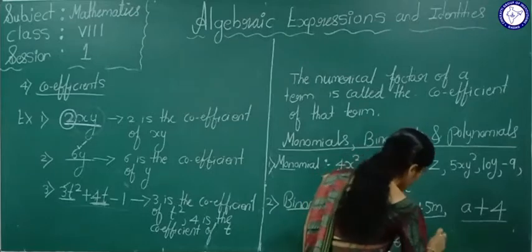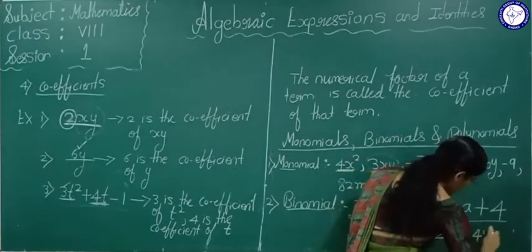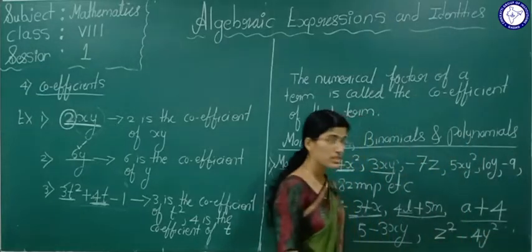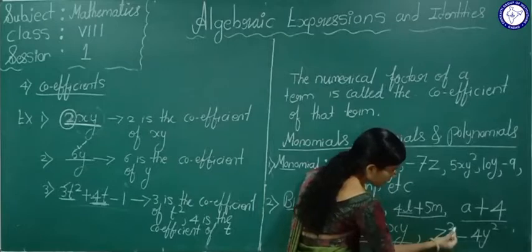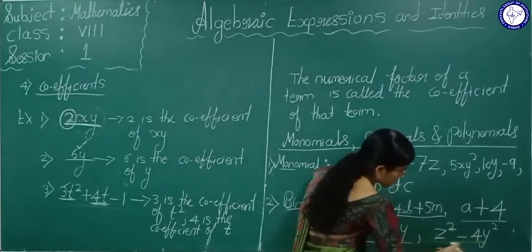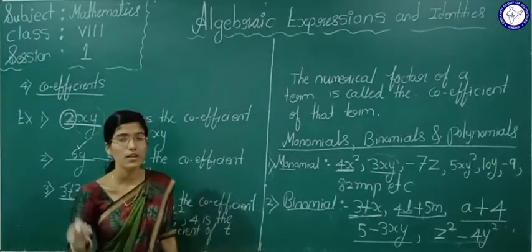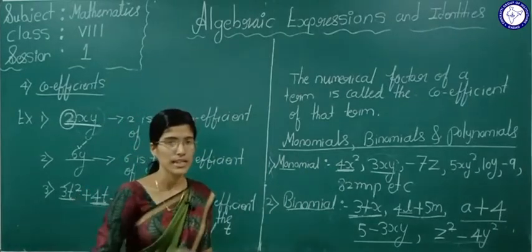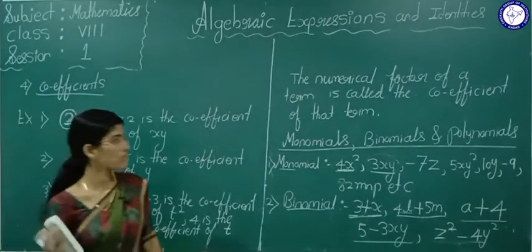One more example. z square minus 4y square. Is this an algebraic expression? Yes, this is an algebraic expression. How many terms are there? 1, 2. If two terms are there, this is a binomial. In short, an algebraic expression containing two terms is called a binomial. So next one we will see